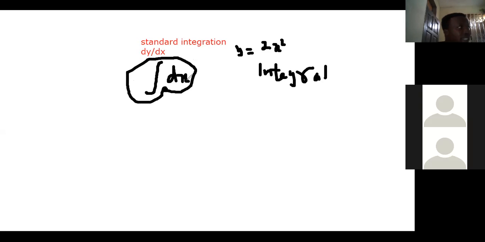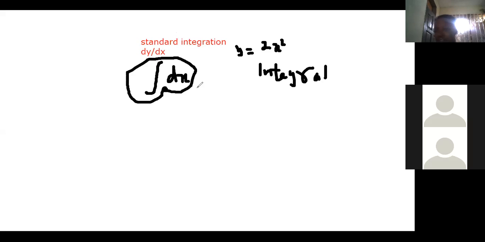Then you add the dx. When we take away the dx, then we bring the plus c. That is after the integration is done. So let's write the general formula for integration. Now the general formula for integration: if n is a real number which is not equal to 1, then the indefinite integral of